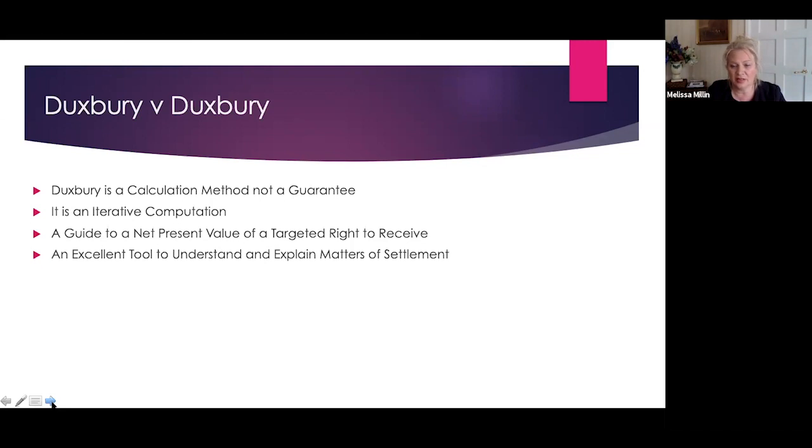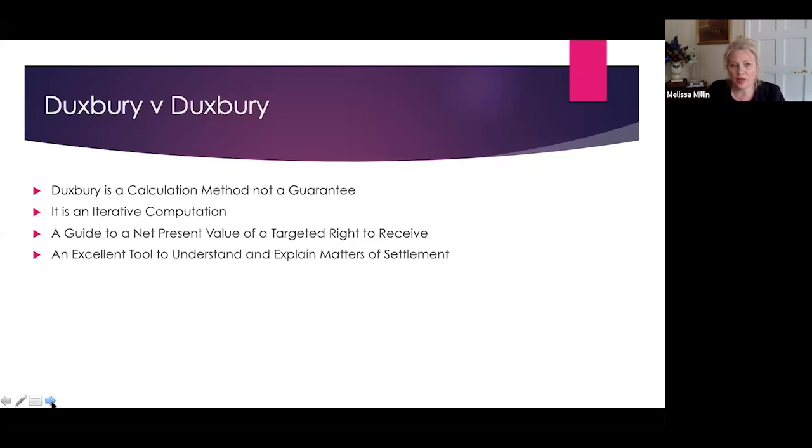It targets a right to receive over a period of time. And the basic question the court should be asking itself is, is there enough in the sum if paid now or allocated now to give the other party the equivalent of what they would have in the future? Perhaps that would be maintenance. So it looks at methods of capitalising payments without unfairness to either party.